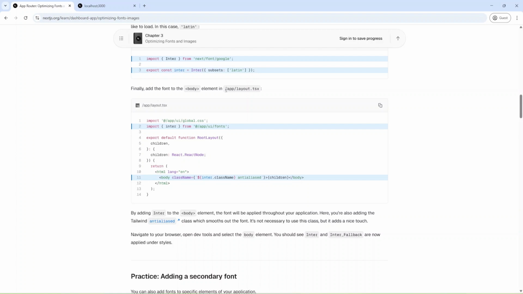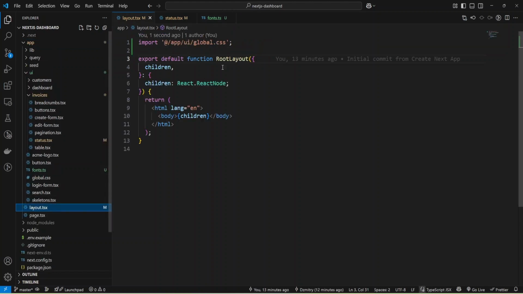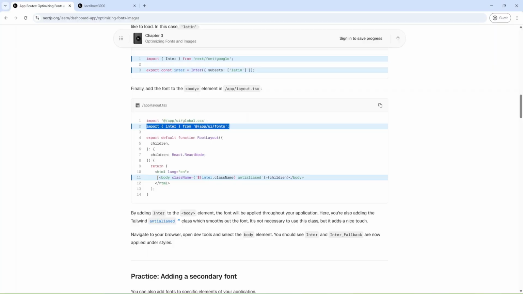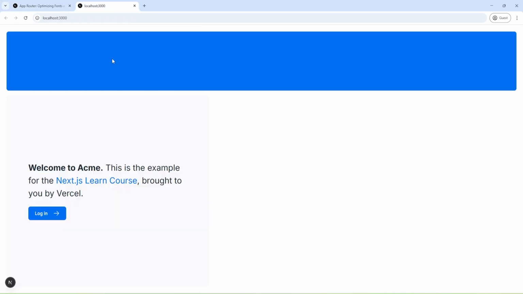And next, we need to add our font to the layout. And we have our layout inside app, layout. Okay, import. And then add it to body. Okay, let me save and check and refresh.